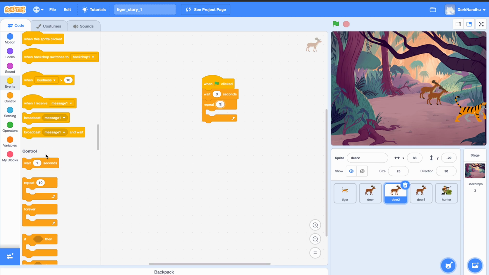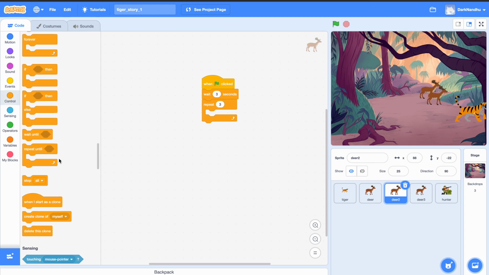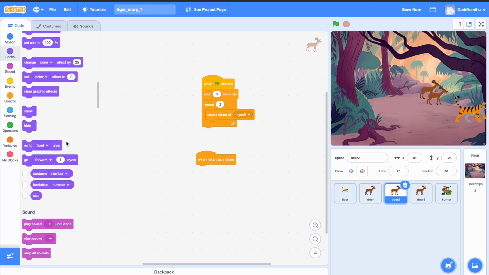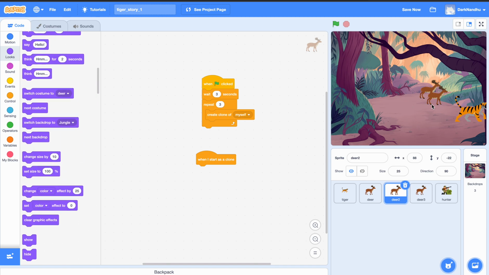So I have made it 3, and after that there is something called clone. Let's say create clone of myself. So this is going to clone this deer, and when cloned, basically when the new deer is a cloned deer, I can simply set its position so that it will be visible in other places,